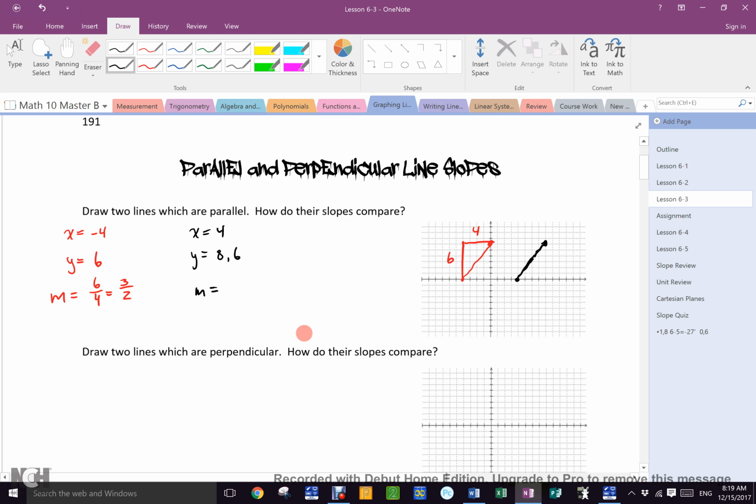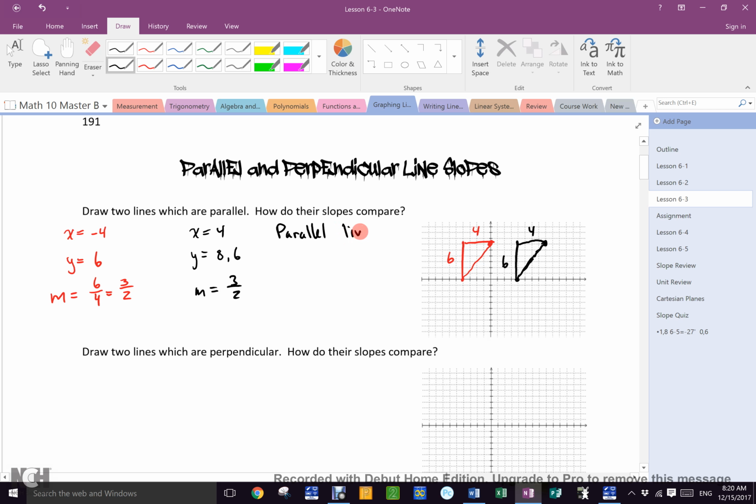Now, where was I? They're parallel. What's the slope of the black one? Good old first block math class. Right. What can you see about the slopes? They're the same. So, that tells us